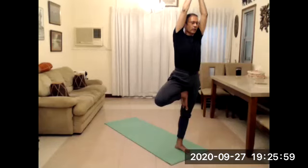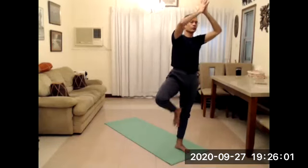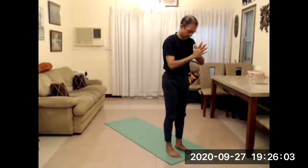So push your right foot into the mat as you keep taking your fingertips higher. If you want, close your eyes. If you don't want, keep it open, but keep reaching your fingertips higher. When you're ready, slowly, slowly, slowly release. If you can,